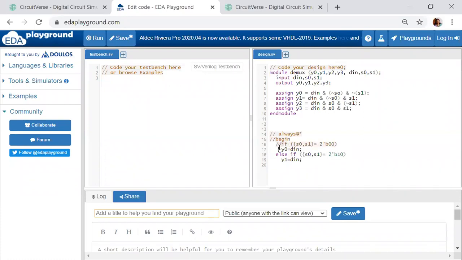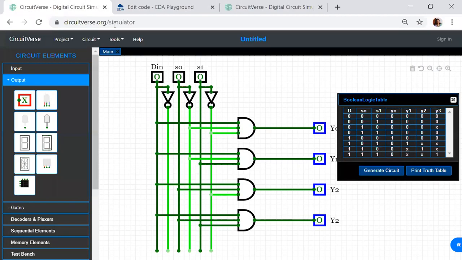If you're writing in gate level code, how many gates do you have? According to the diagram, I have 4 gates. So I have 4 AND gates over here, and I'll be having 2 NOT gates. This gate will not be there. So I'll be having 4 AND gates and 2 NOT gates, and I can write the program using gate level model also.